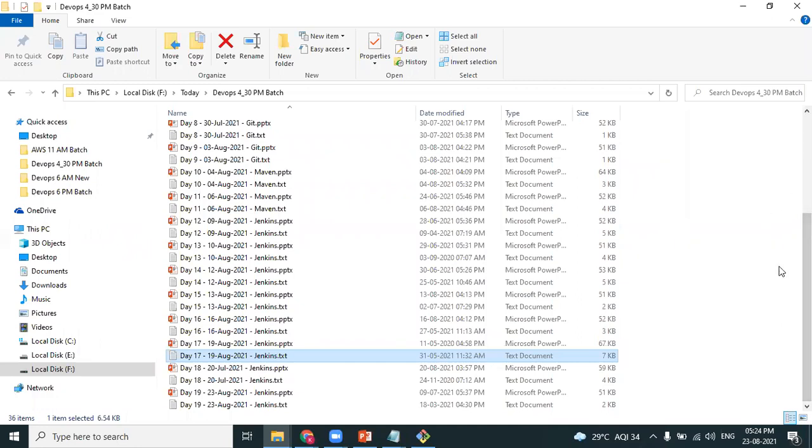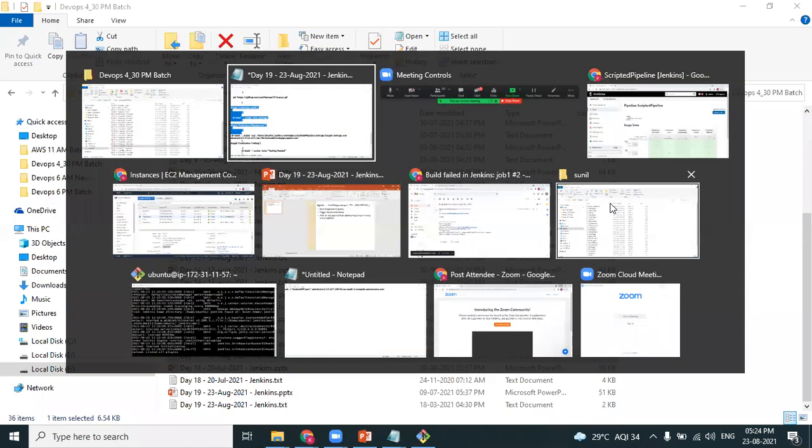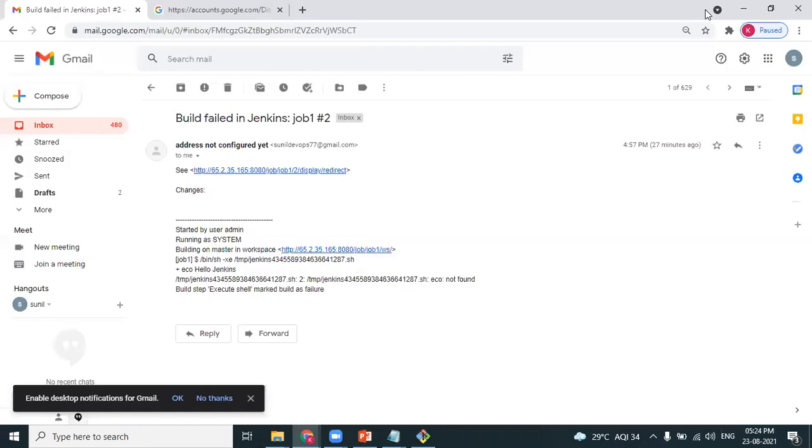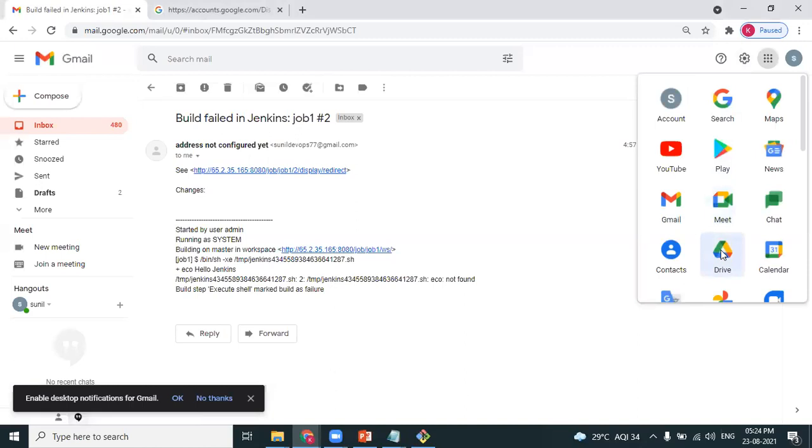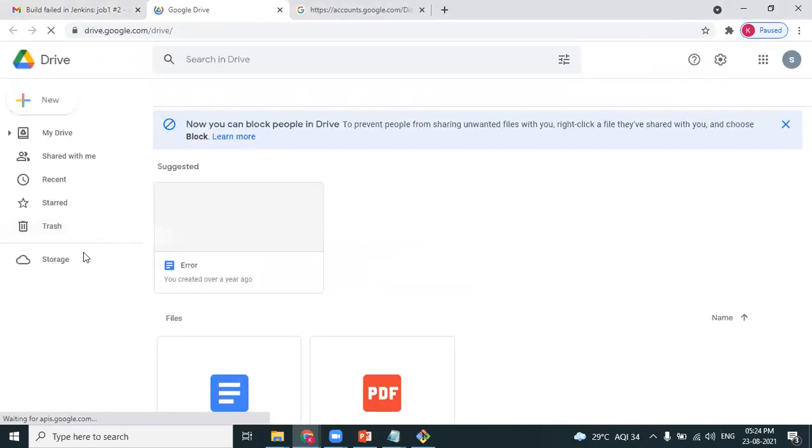I want the notes from day one, sir. Anyway, it is there in the Google Drive. I'm not getting the Google Drive path, sir. Are you getting the recordings? No, I'm not getting anything. Did you make the payment? Yes, I did the payment. How are you accessing the Google Drive? You have to log into Gmail, go to Google Drive, and there is an option called Shared with me.